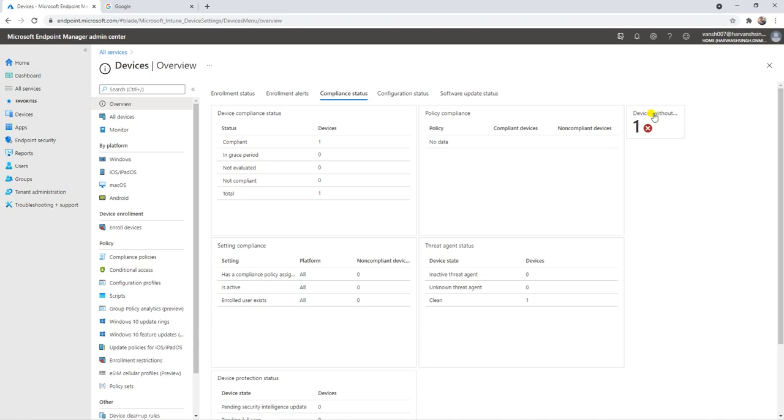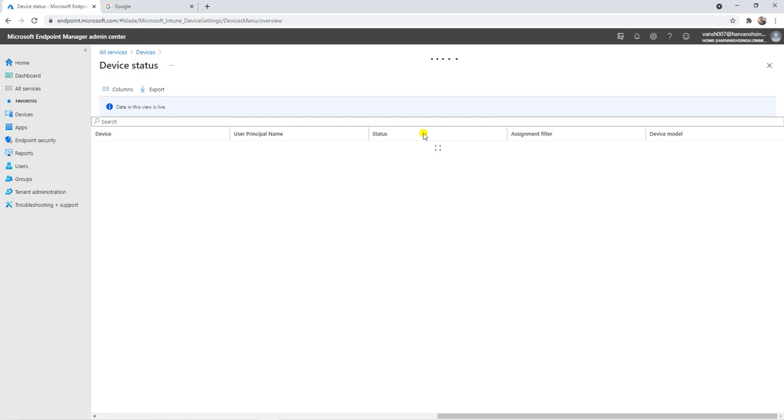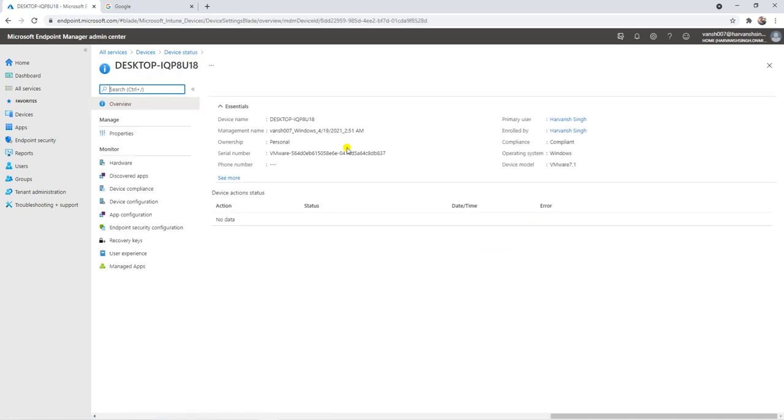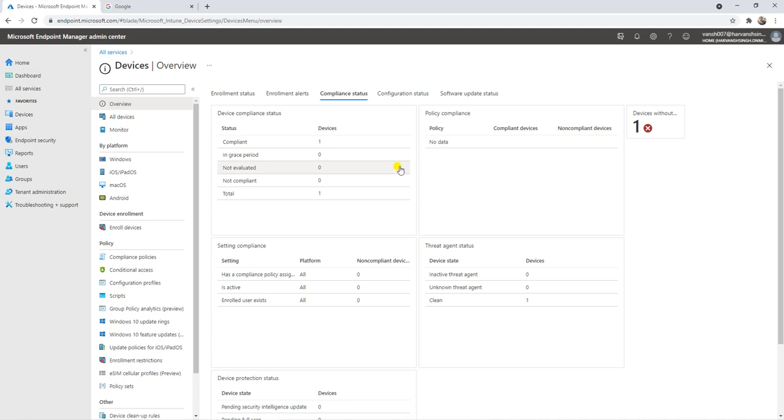So here it is showing devices without compliance policy. There is one device which does not have any kind of device policy, and it shows you the error here. You can click here and go inside to see what kind of device this is. So this is the error. I already showed you why it was showing the error, but you can go in that way from the reporting part.